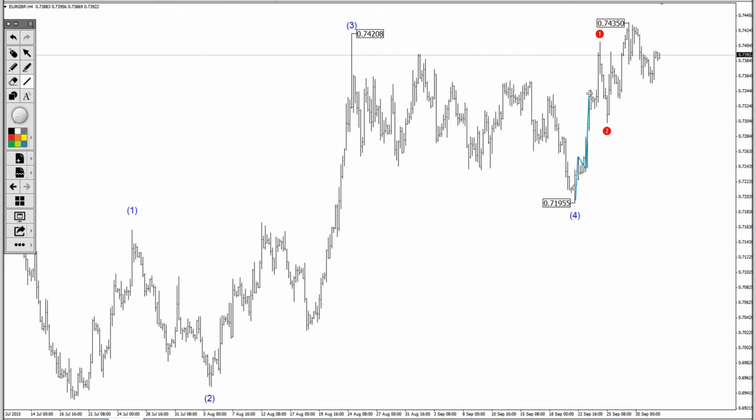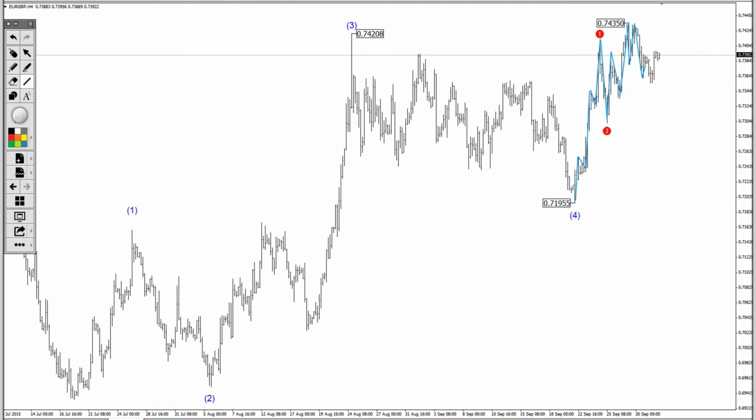since there is a 5-wave structure seen from the low at 0.71955. We see a 5-wave structure from that high, then a strong push downwards, but there's a 3-wave structure next forming to the upside. So this would signal that we are now on a corrective phase, possibly starting another wave higher, since the